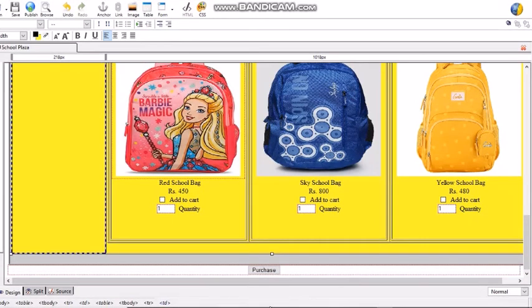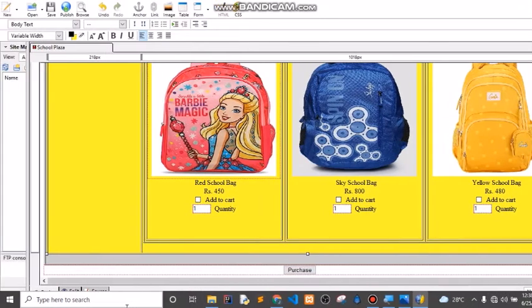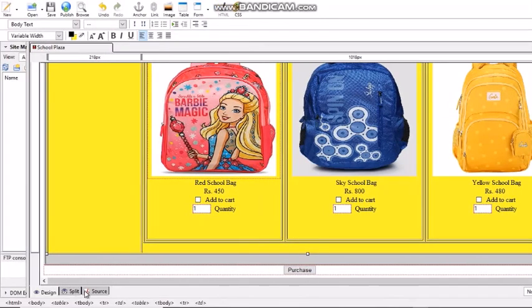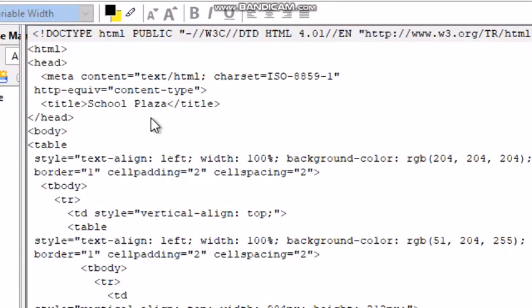Now we will write this onCart function using JavaScript in source tab before the end of head section.